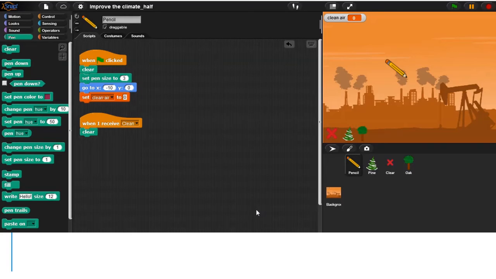When the value of the variable clean air is higher than 10, then the costume of the stage will be changed to grass.